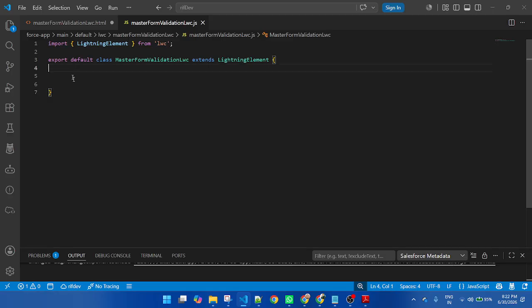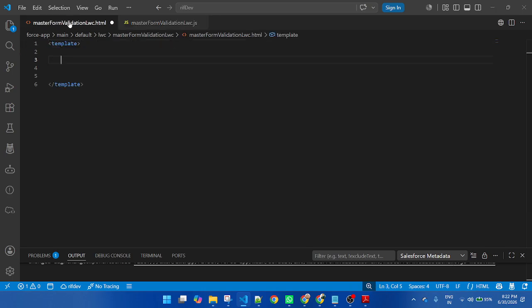We need to write the function as an export method, and we need to import the modules inside the import statement. Okay, so this is a component. So first we will learn how to create a component and how to create a form inside the component.